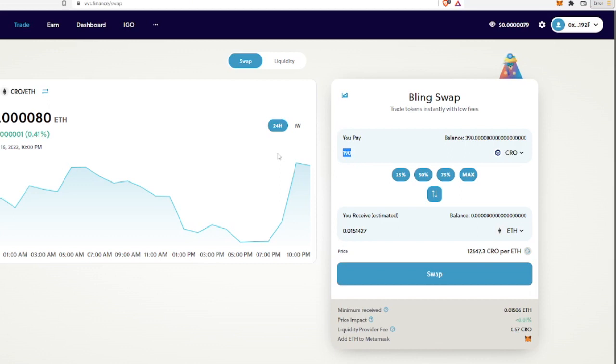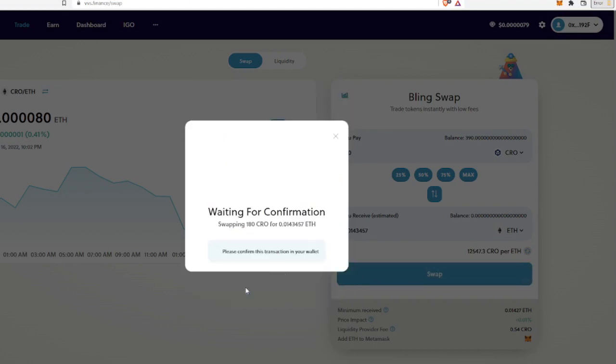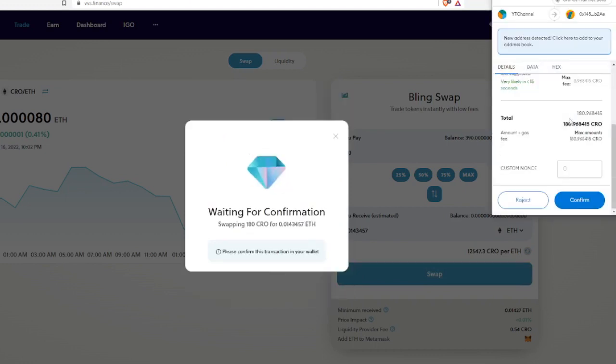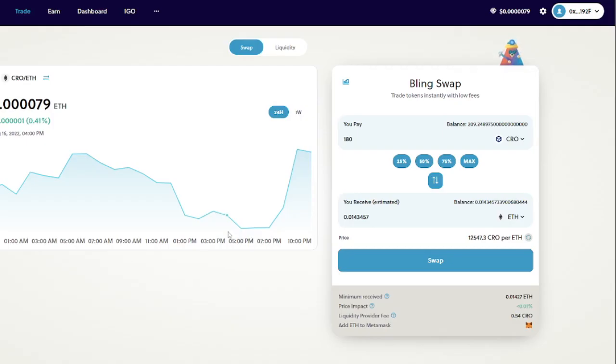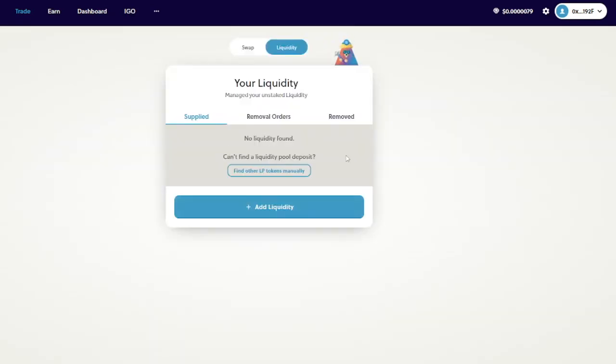And we're going to swap 180 CRO tokens. Let's try again. Swap, confirm, and then confirm with our wallet. And as we can see, a few seconds later, the swap has been performed. Next thing we do is create the liquidity pair. For this, we click on liquidity. Of course, as of this time, we have no liquidity pairs, but we're going to add a new one by